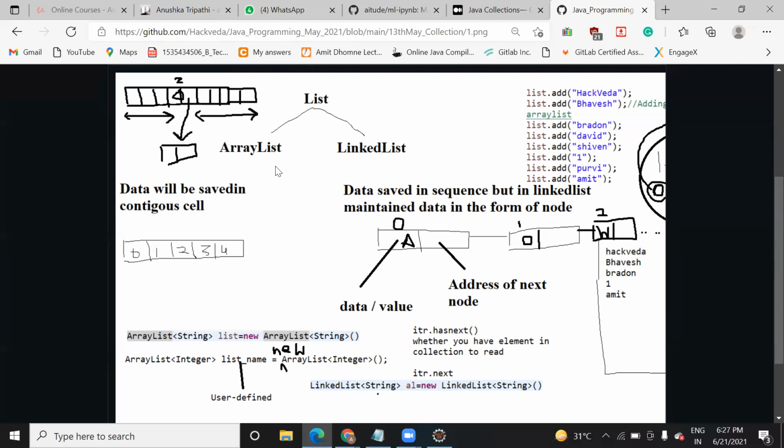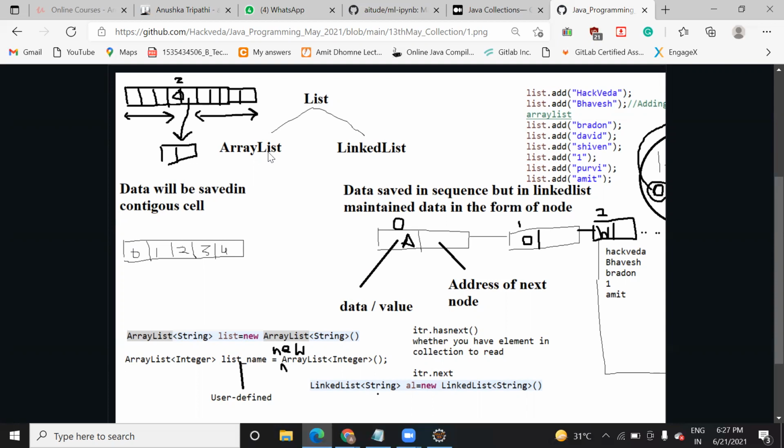Array list is a collection, which means it gives you more predefined functions to use. In the last class I explained how you can use predefined functions like add. Is there such a predefined function to add an element in an array? Have you tried? No. But we can anyway use a loop and put whatever we want in that particular array, right? But this collection will help you do the work faster compared to the normal loop. If you do it in a loop, you can add it, but there are different ways of adding it, or different approaches to solving the problem.